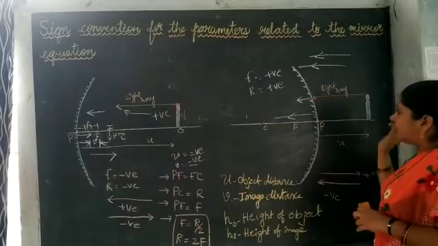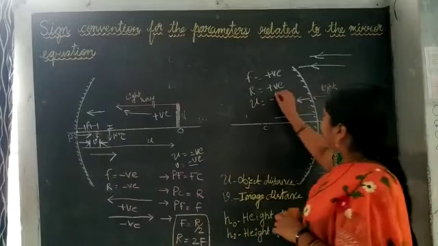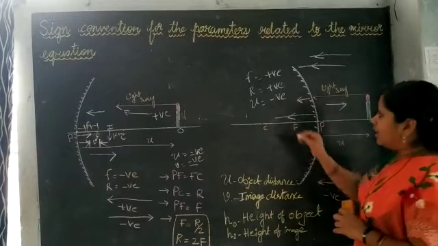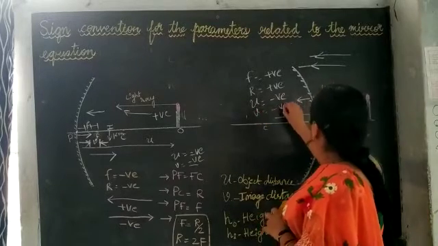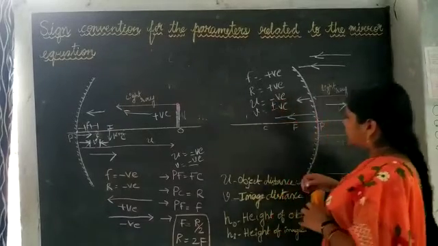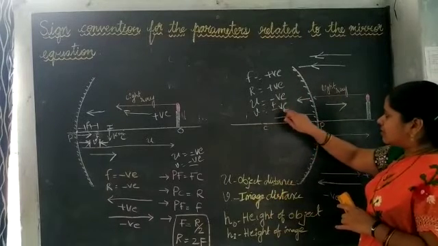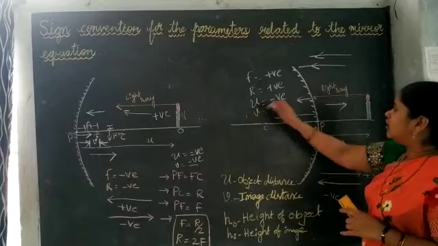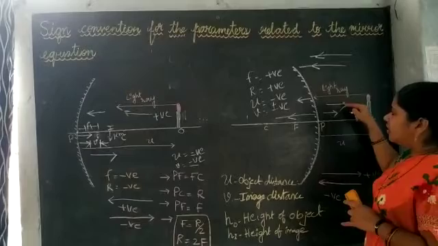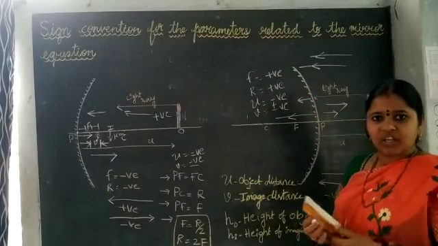So what is object distance? Object distance again is negative here. Object distance is negative and image distance is also negative because it is from behind the screen. It depends. Sometimes it may be positive or sometimes it may be negative. In some cases it appears. That's why plus or minus image distance, but object will always be kept in front of the mirror. We measure in the opposite direction. That's why this is negative. But focal length and radius of curvature are positive, that is negative. I hope it is clear.